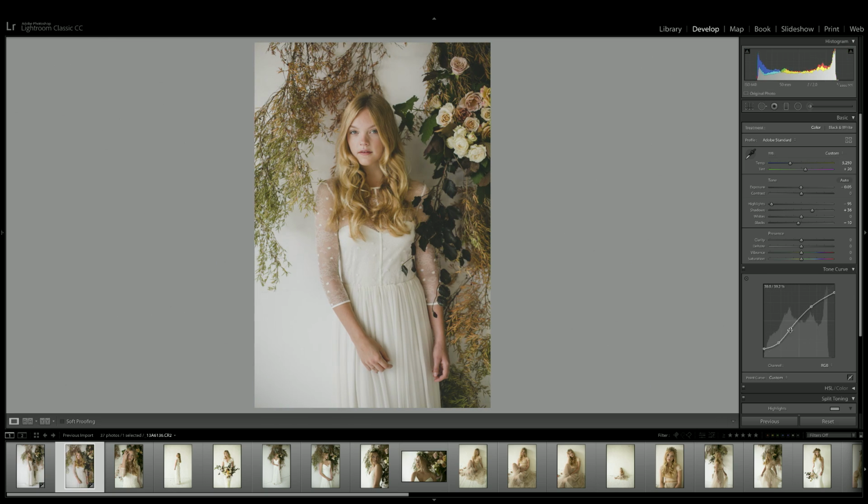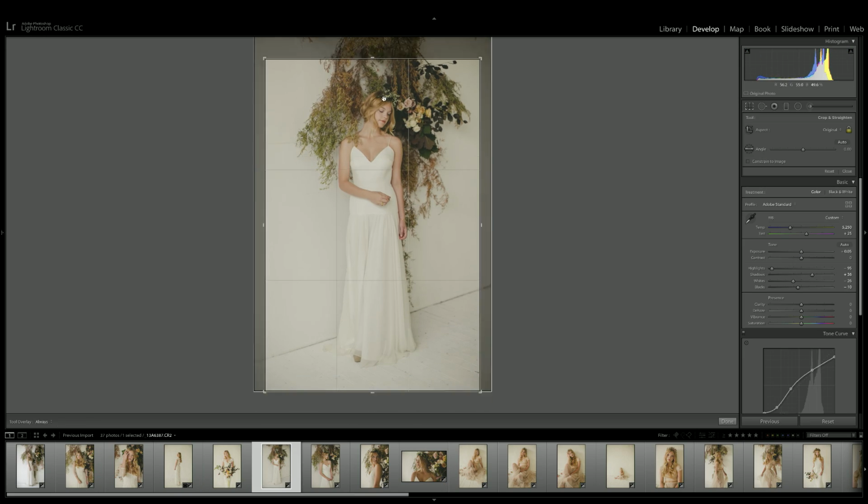Hey everyone, in today's video I'm going to share with you 5 Lightroom shortcuts I use every day to save